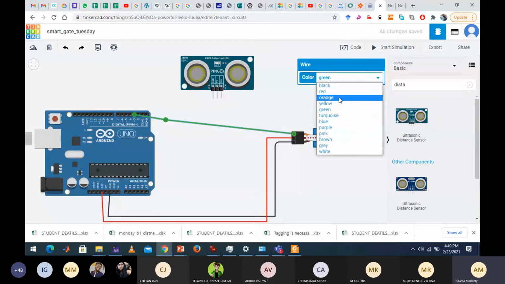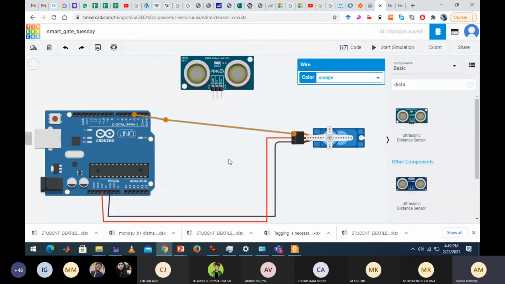Suppose orange. We have connected it to the third pin. Clear till this, everyone? The three terminals of the servo are now connected. Yes, ma'am.